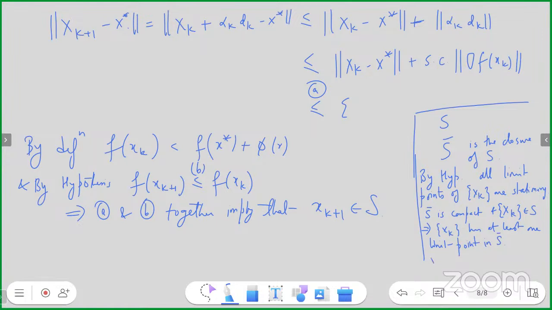But x star is the only one in S, by our choice of the open set. What have we done? We looked at the neighborhood where x star is the only stationary point. So this implies that the limit of xk